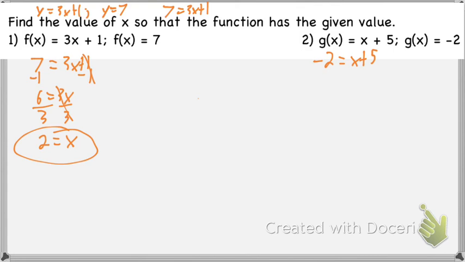So, negative 2 equals x plus 5. Emily, what would you do? Subtract 5. What's negative 2 minus 5? 7. What kind of 7? Negative. The negative kind. Same signs, add and keep the sign. Negative 7 equals x. So if I plug in negative 7 for x in my gunction here, my g of x, I'm going to get negative 2 out. Questions on that? Okay. All right, guys, flip